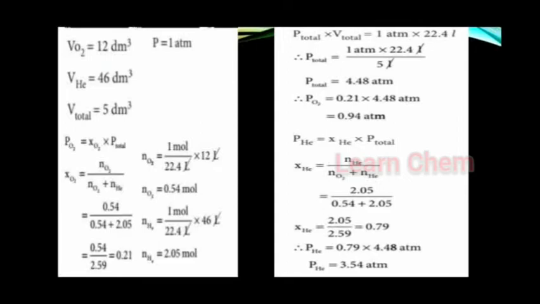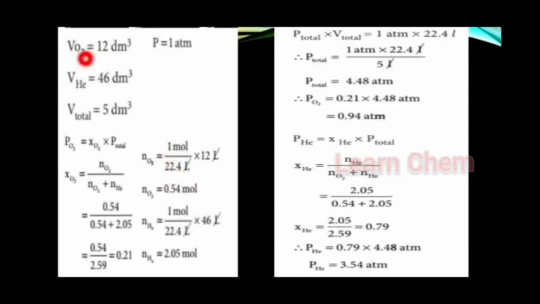So, is the number of moles of oxygen given to us? No. So how do we find it? We know the number of moles of oxygen is equal to 1 divided by 22.4 liter. Where does this come from? It is mass by molar mass in such calculations, but since this is a gaseous state, 1 mole of any gas under ideal conditions occupies 22.4 liter. So 1 mole of gas can occupy 22.4 liter.